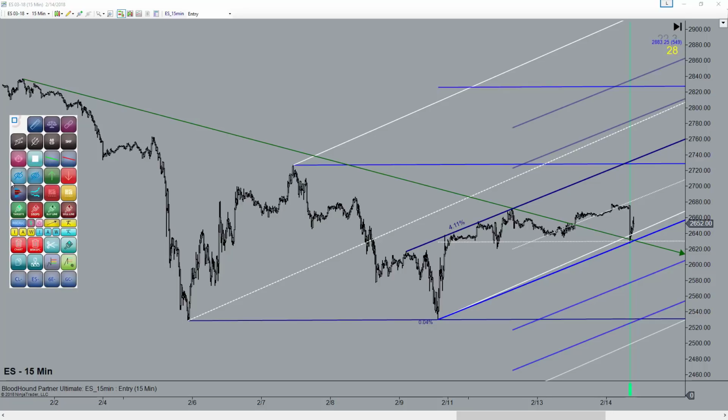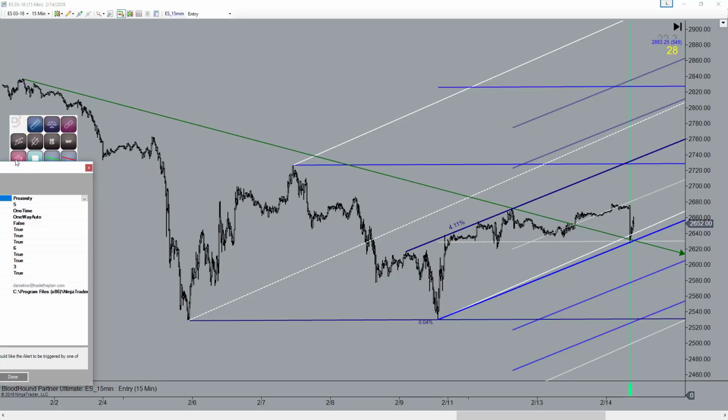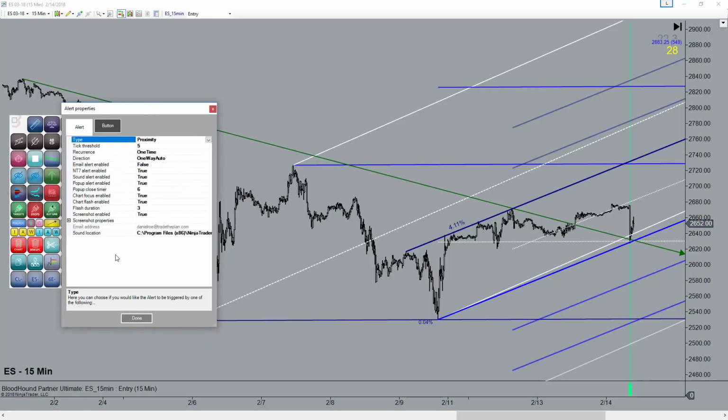Everything in this is specifically for making this exceptional analysis as fast, efficient, and accurate as possible. That's the real purpose of all of these combined functions. Just briefly, the alert system is like no other. We have anything that you could think of that you could possibly want for an alert system built into this